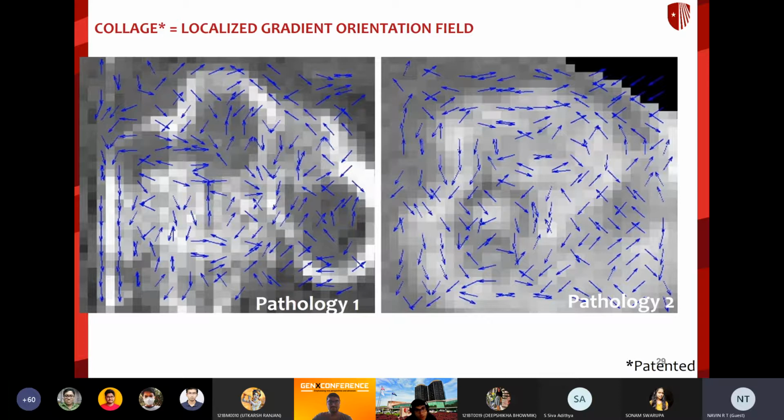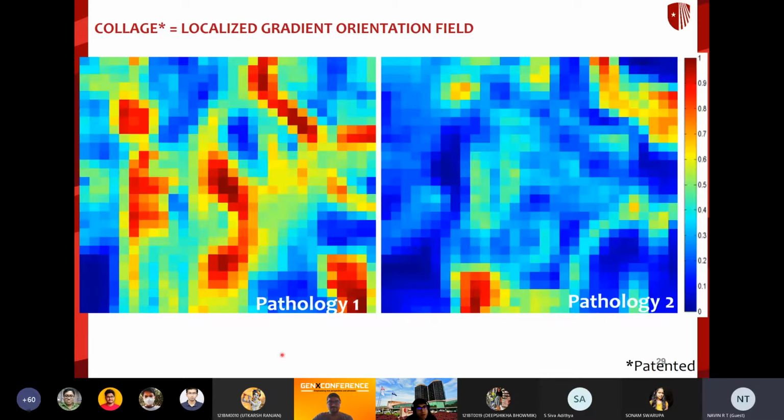And if it's difficult to make that call, how about now? Which do you think is radiation necrosis, or which do you think is a more benign condition, and which do you think is a more aggressive condition? Sir, I think pathology 2 is the more benign condition. That's right. And why do you think that's the case?